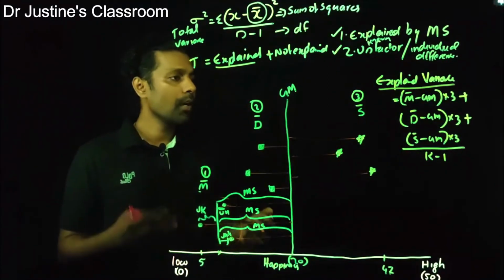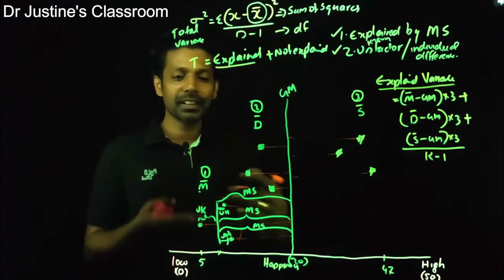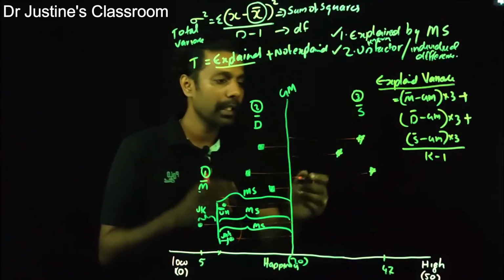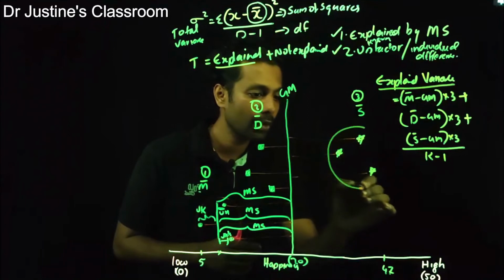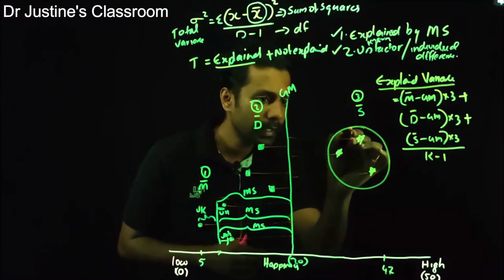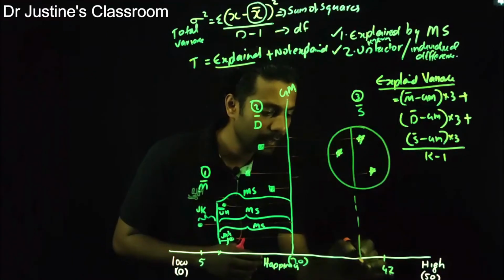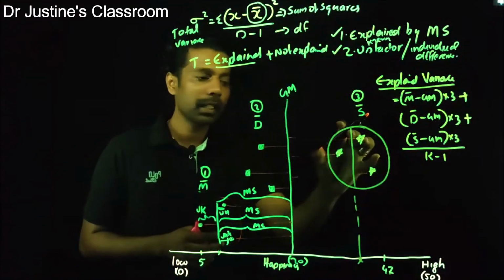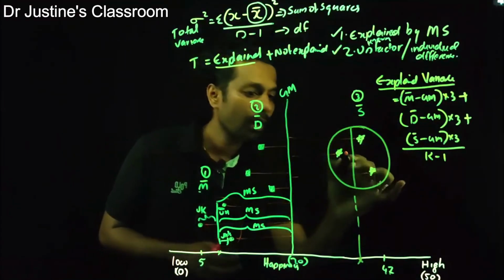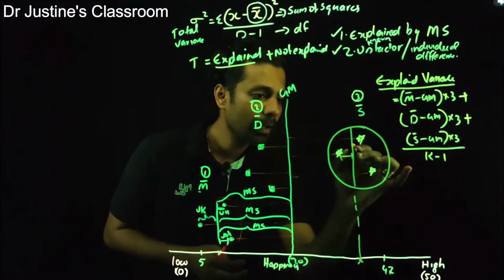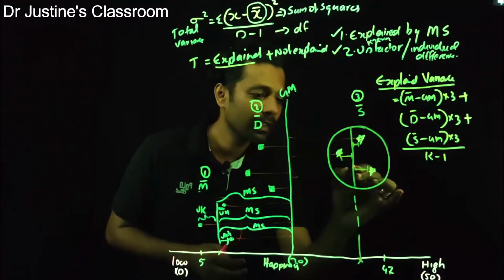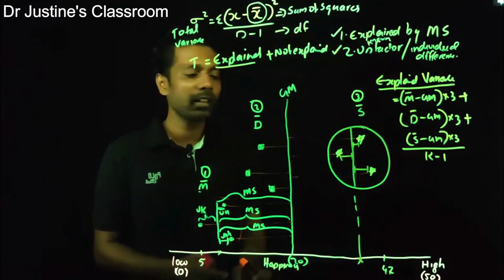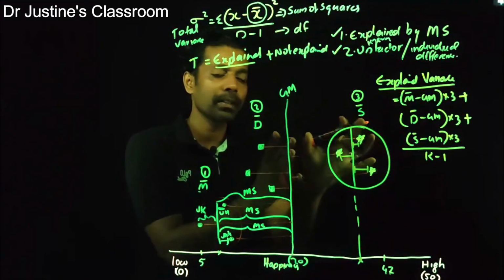Now the next question is, how do I calculate the other part, the within-group, unexplained or individual difference variance? For that, let me take this example. So this is my group here, and assume that this is the mean that I have calculated. Now what I'm going to do is calculate the within-group variance inside one particular group. So how much variance here, how much variance here, and how much variance here. As we considered the entire data, the first 9 data, instead of that I'm going to take one group, that means 3 observations here.